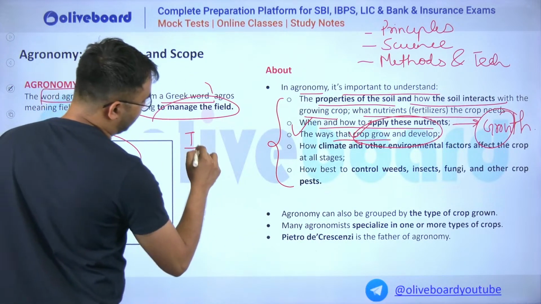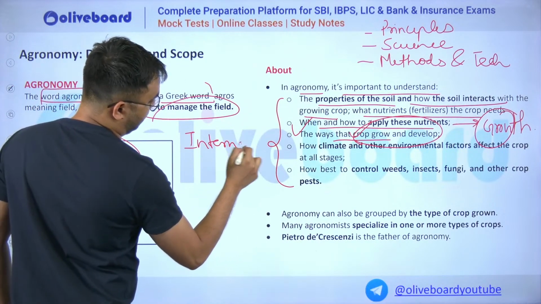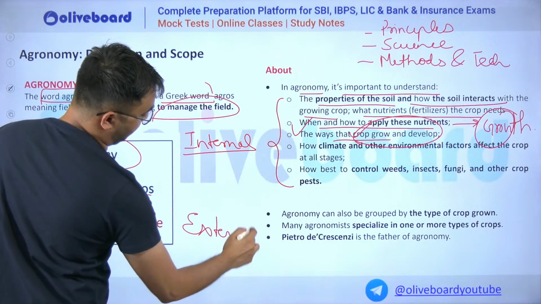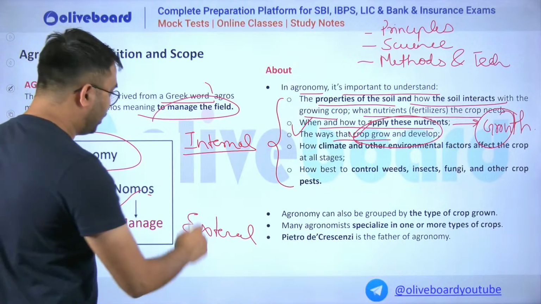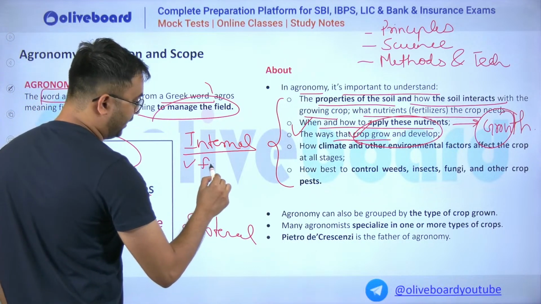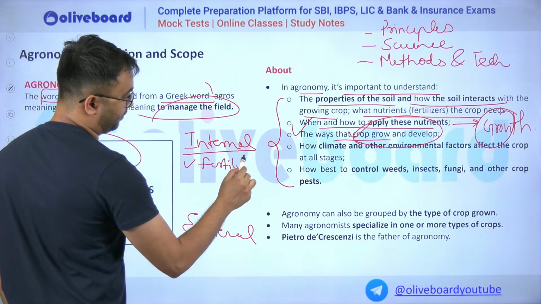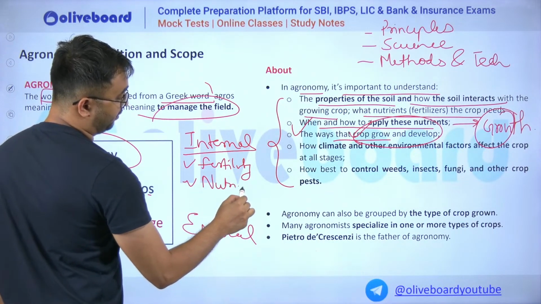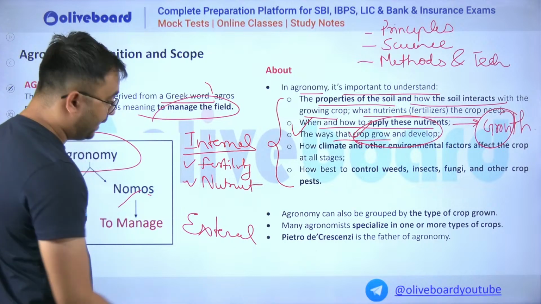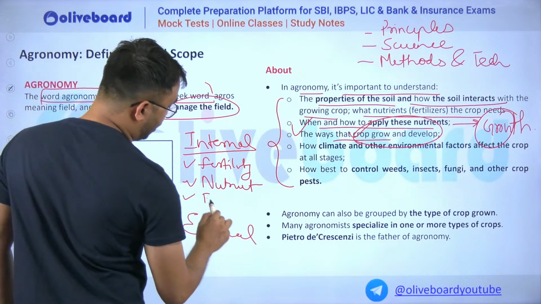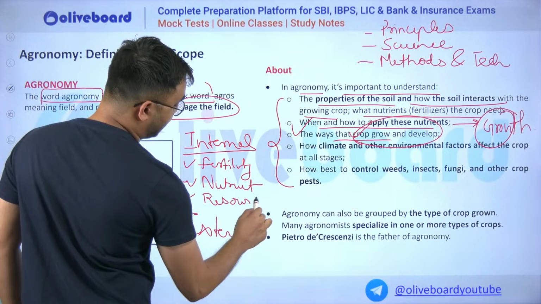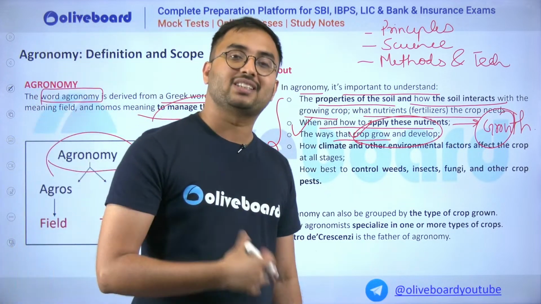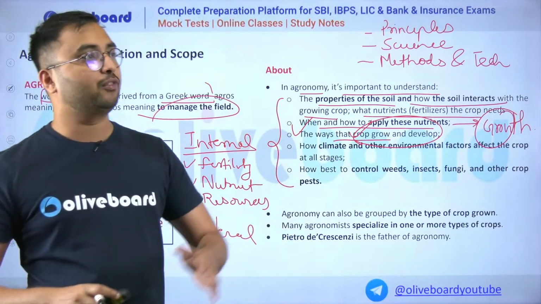So there are two. First are internal factors and then there are external factors. Internal factors will include fertility of soil, nutrients in soil, okay. We can also consider resources. These days, as technology is available, resources like electricity, resources like water can be readily available from one place to